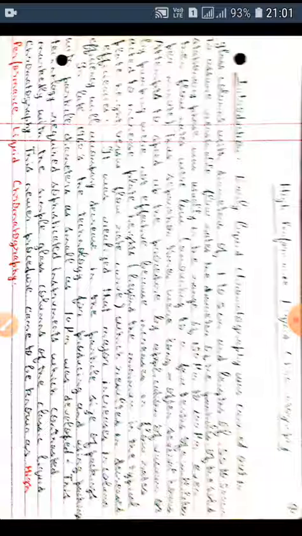Early liquid chromatography was carried out in glass columns with diameters of 1 to 5 cm and lengths of 50 to 500 cm. To assure reasonable flow rates, the diameter of the particles of the solid stationary phase was usually in the range of 150 micrometers to 200 micrometers. Even then, flow rates were low, amounting to a few tenths of a milliliter per minute. The separation times were long, and it often took several hours.